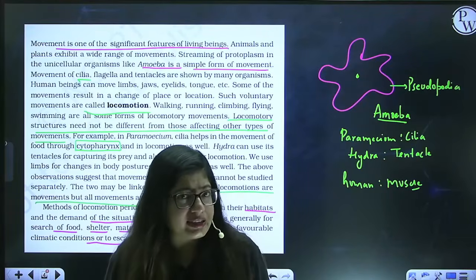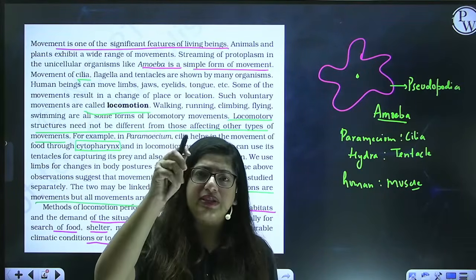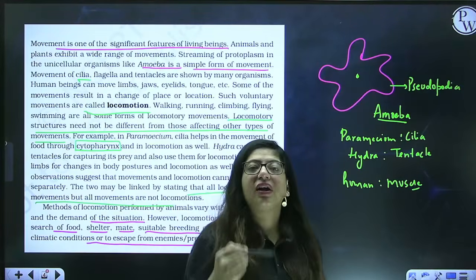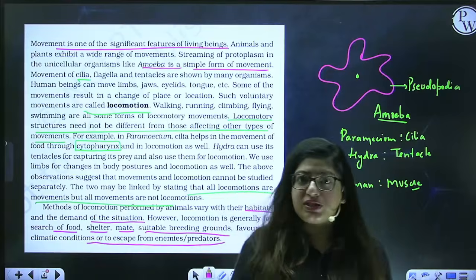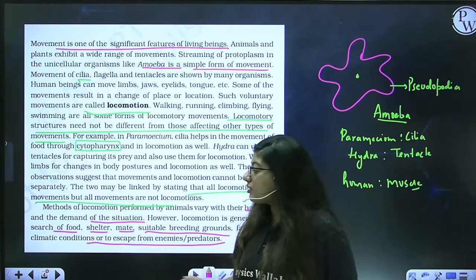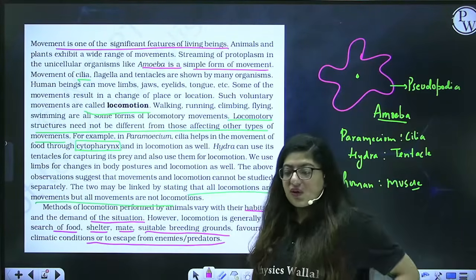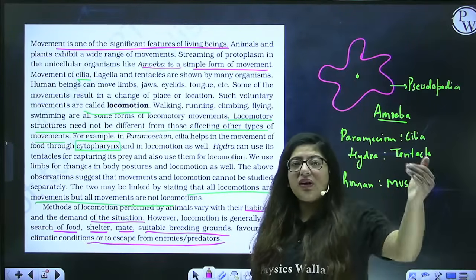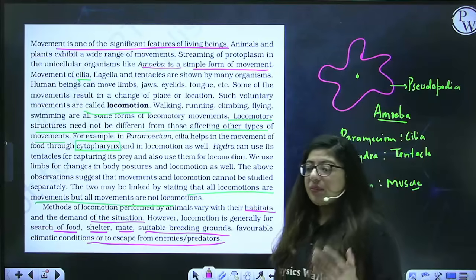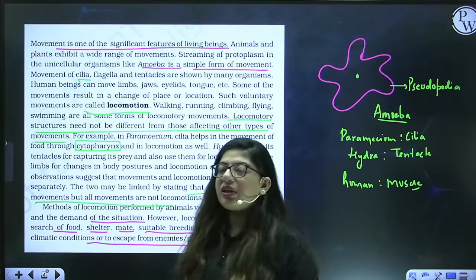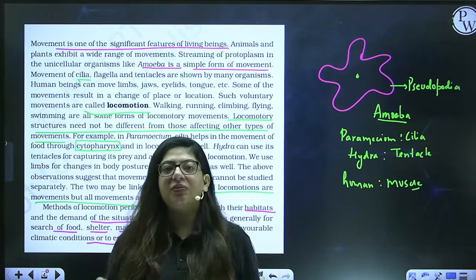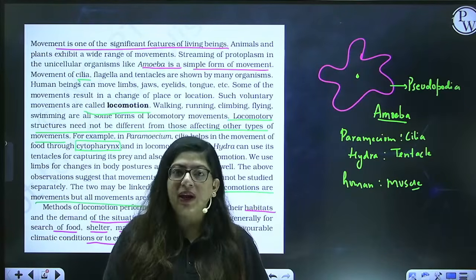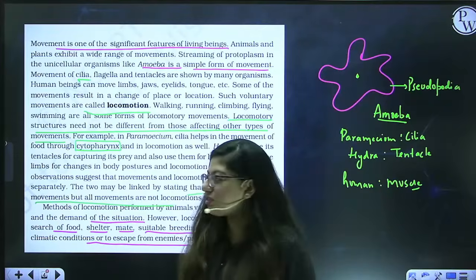We'll also study this in evolution. Grasp means to hold things, like I'm holding this pen, because this is how we have evolved. This is how we have changed according to our situations, right? Now, why have we done this? To search for food. Because if we have limbs, if we can walk, only then we can go and search for food. Okay, but in humans nowadays, the search for food is quite a different statement. Search for job. If you go to work, only then you can earn your bread. This is what the search for food is, right?